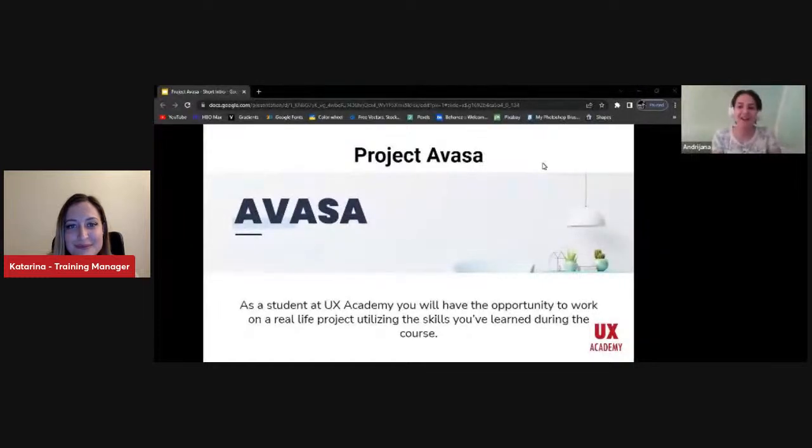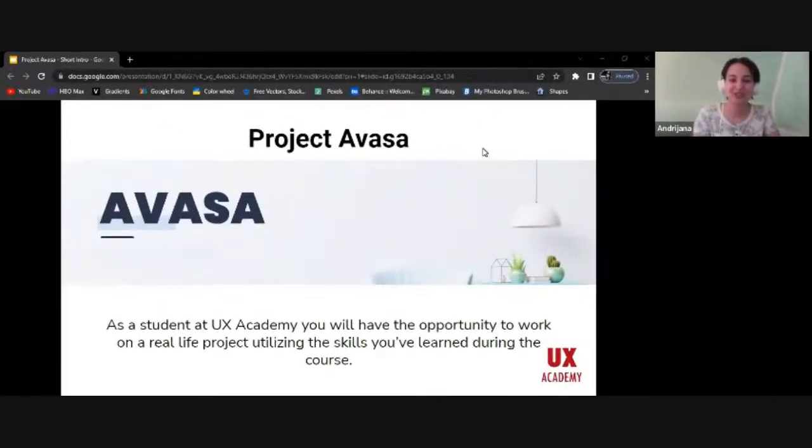Project Avessa, our students had the opportunity to work with Avessa, and I will talk about what they did. First, as a student of the course, we get the brief from the client, which helps us understand their needs and what needs to be changed in order to improve the user experience. For the project, the mission of the team was to increase positive feedback, increase the number of free call bookings, and increase the sales that match users' needs.